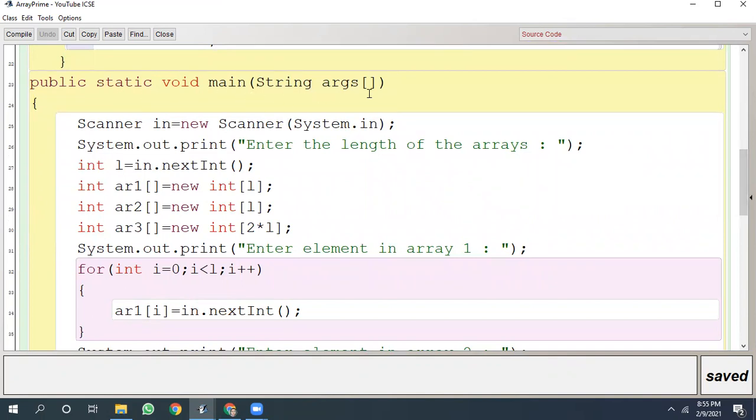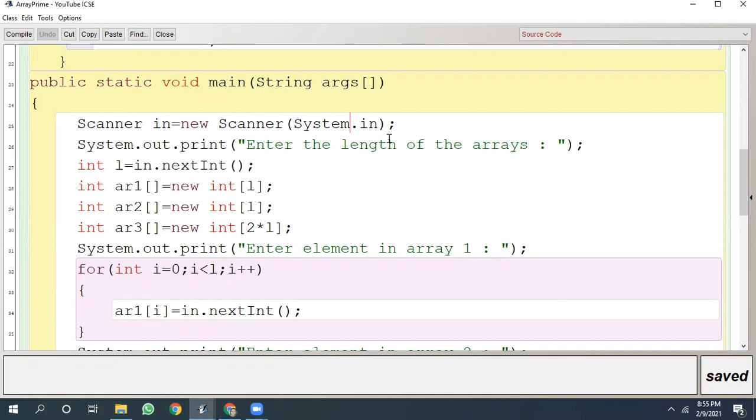Public static void main String args. As you know, this is the standard syntax of the main function. In the body of the main function, first we are creating an object of the scanner class, Scanner in = new Scanner(System.in). An object in of the scanner class is being created and is being associated with System.in, so as to say. That means the input which we give from the console can be accessed via the in object. The object cannot access the data directly. First, using that object, we will invoke a function which will accept the data input at the console.